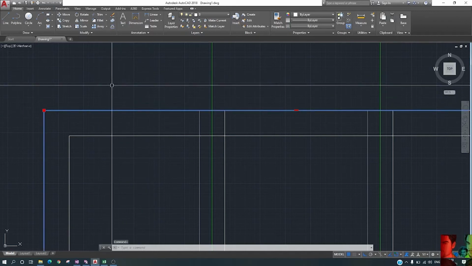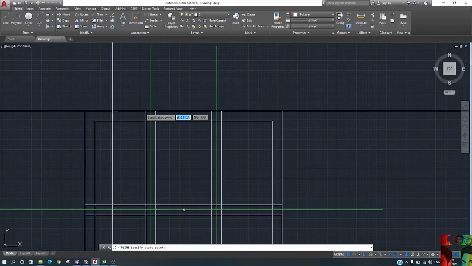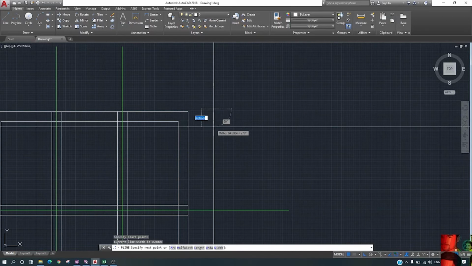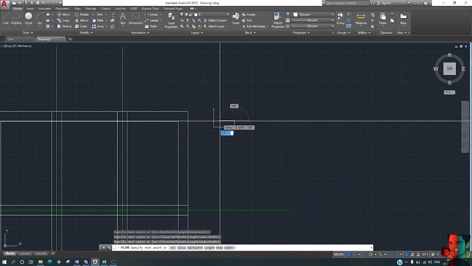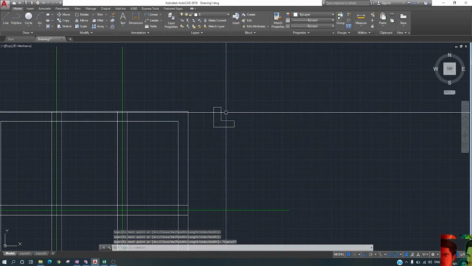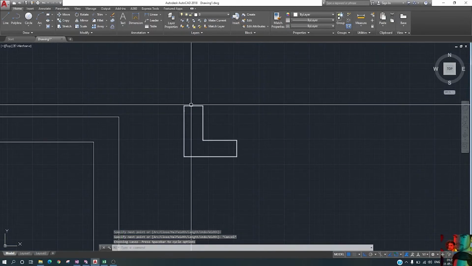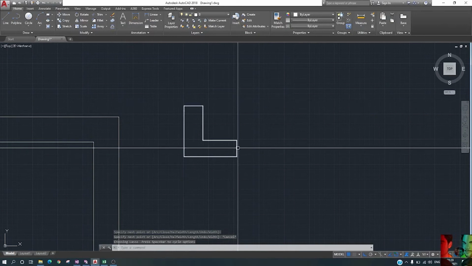Other side means the 6 mm thickness. For example, this is our angle position. If you see from this side, we can see the full dimension.